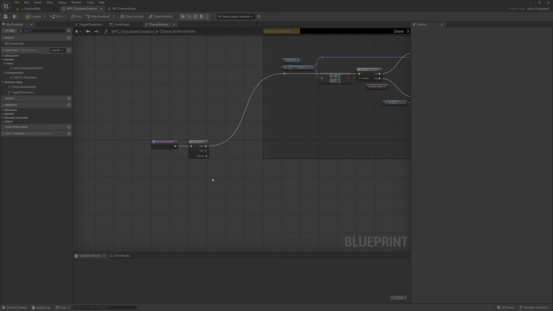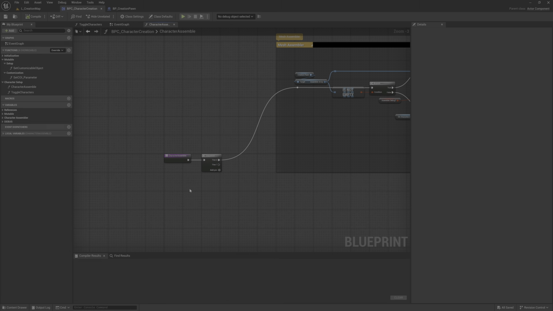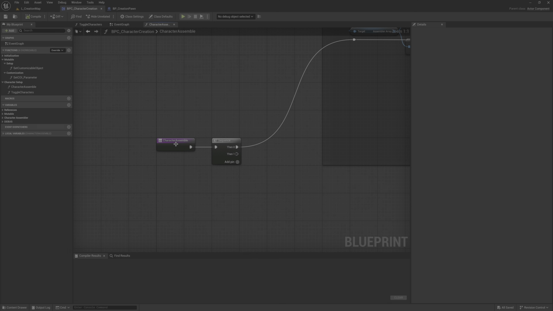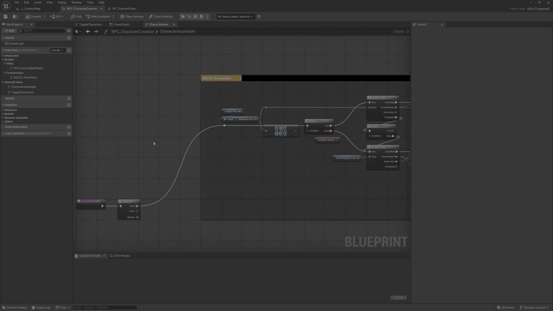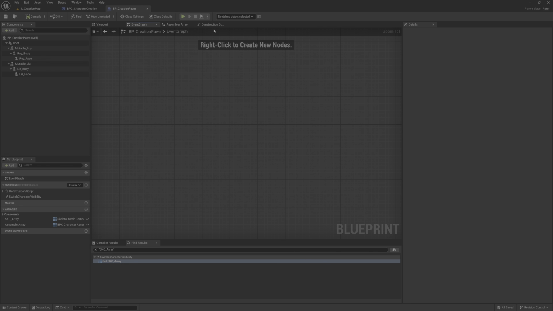Before we continue with our multiple objects, I want you to see what I am actually doing in this function. First, we are not getting the raw body or the raw face, just an array, and that array is generated here.